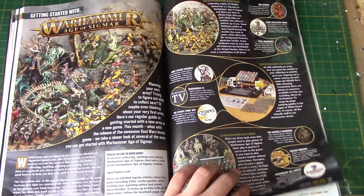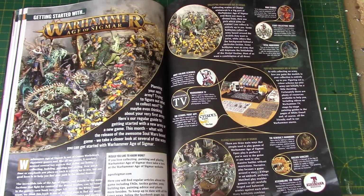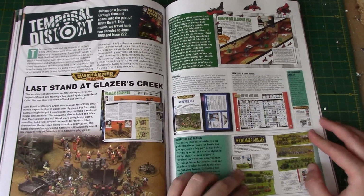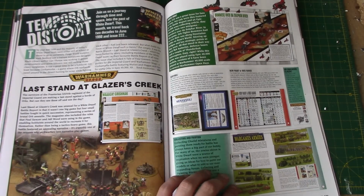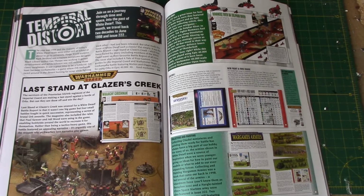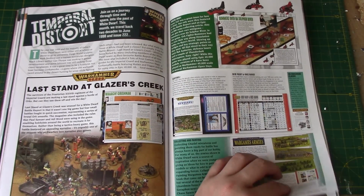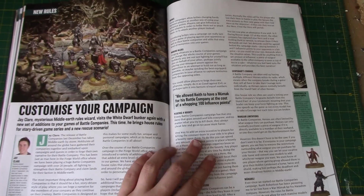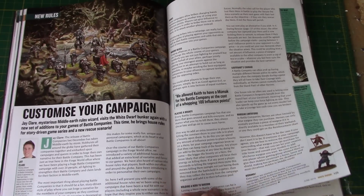So a bit brief on that one this week. I'm getting started with Warhammer Age of Sigmar, so little bits and pieces about getting started. That's literally it. Next, we're looking at White Dwarf 222. I don't think I had this one. I think that might have been a little bit before my time. But I had the last stand at Glazer's Creek, which is quite interesting. And there's a Bombers mini game as well. New rules, customise your campaign. So some rules for The Hobbit, Lord of the Rings,